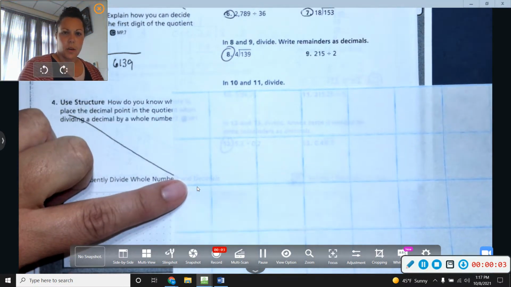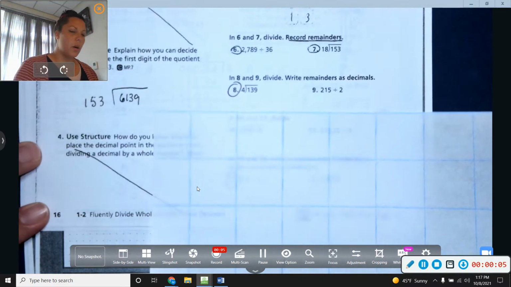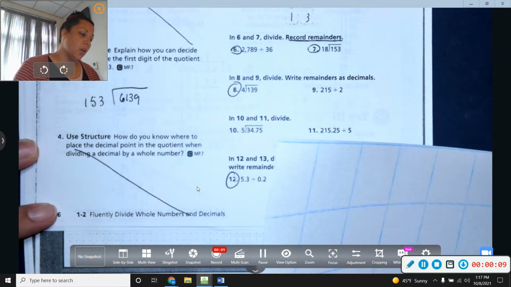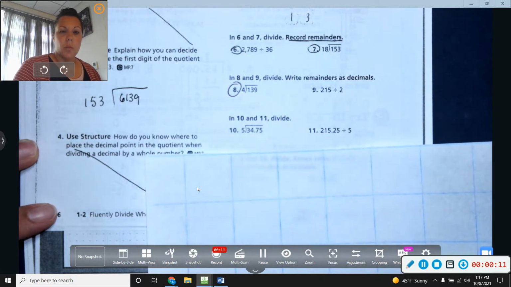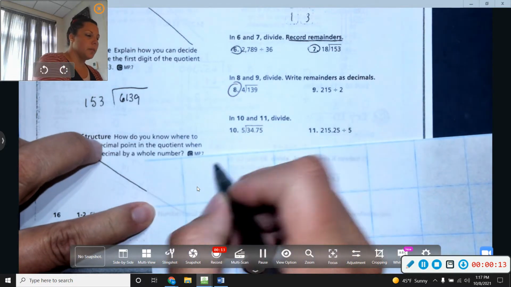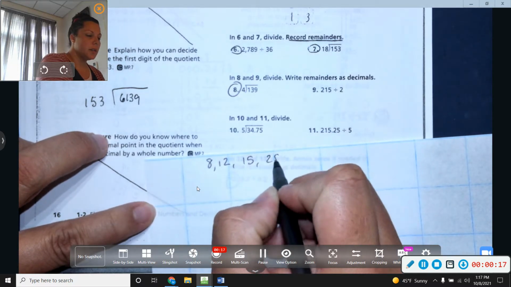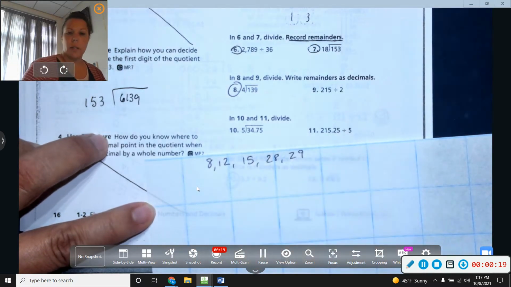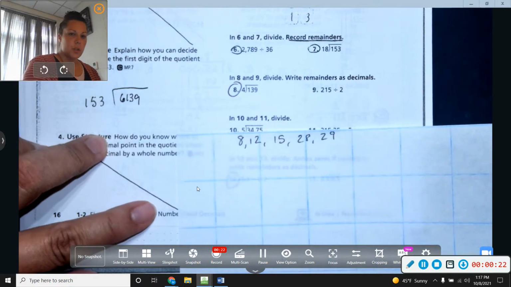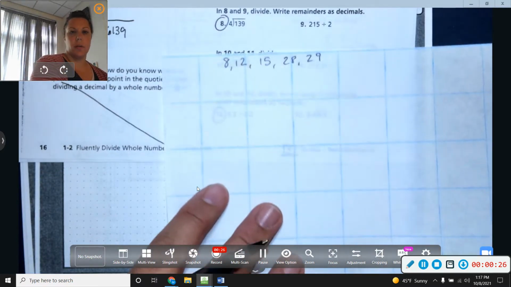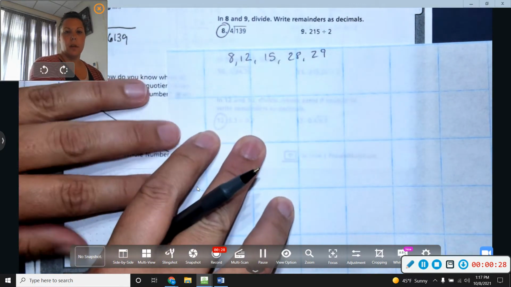Hi guys, we are doing more of packet 1-2, that's fluently divide whole numbers and decimals. We are going to work on problems 8, 12, 15, 28, and 29 today. Okay, so problem number 8, I'm going to scooch it up, it is right here, so we're going to start